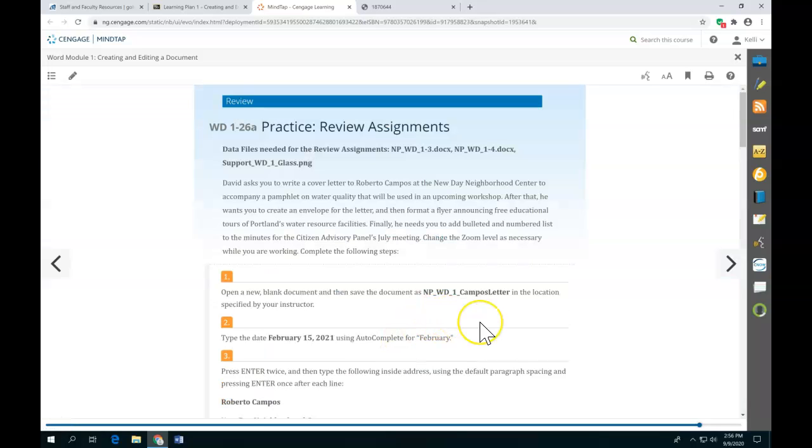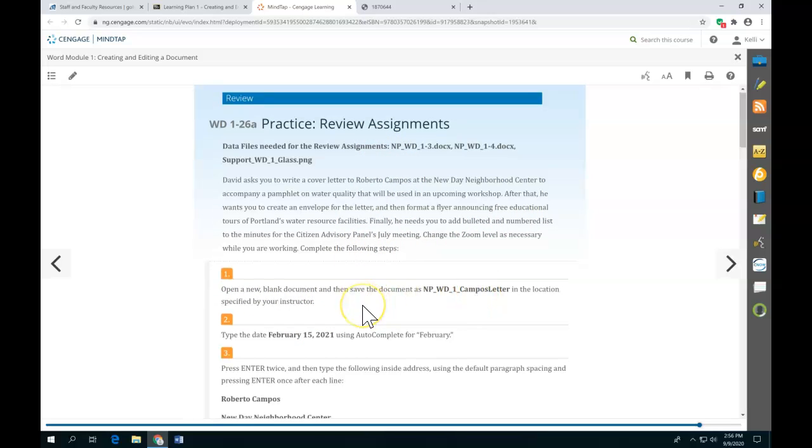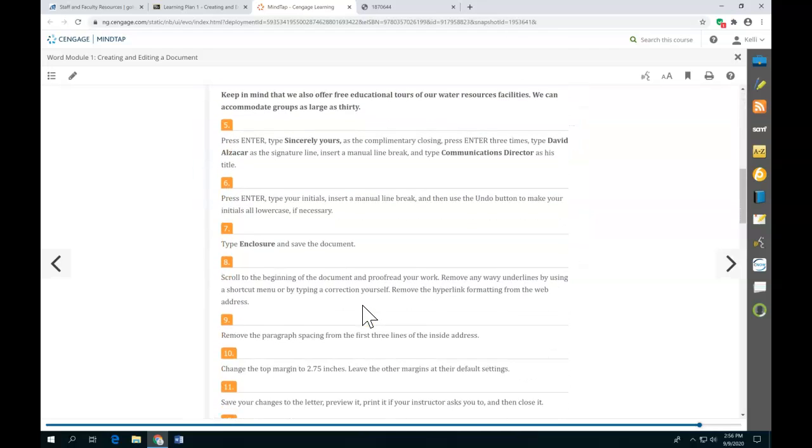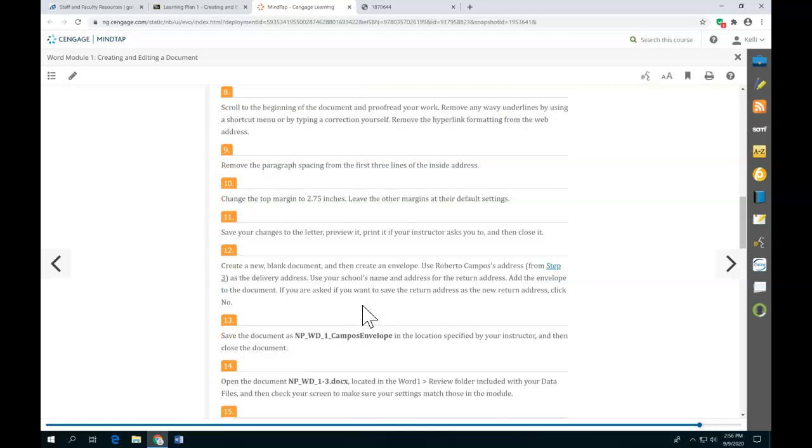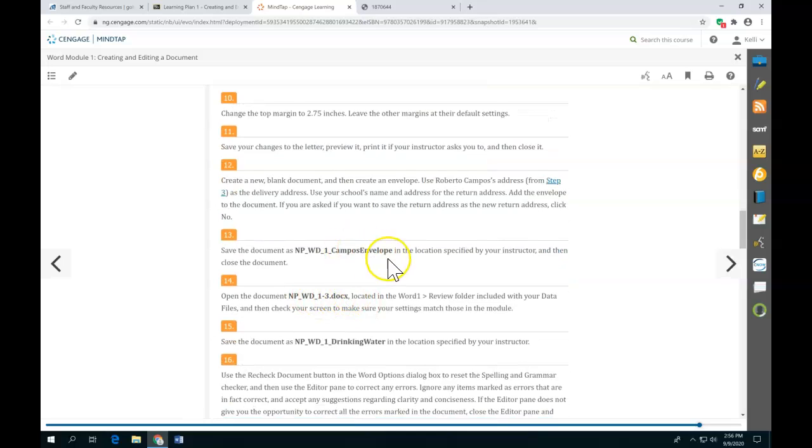If you would prefer to have this in printed form, just don't forget you can print this out. It would print out multiple pages and you'd have this laid out in front of you to do this on your own. So for this one, you'd start with a blank document and save it as Campos letter. And then you'd go through and type up your letter. And then you do the Campos envelope at the end. Then you're going to open the document